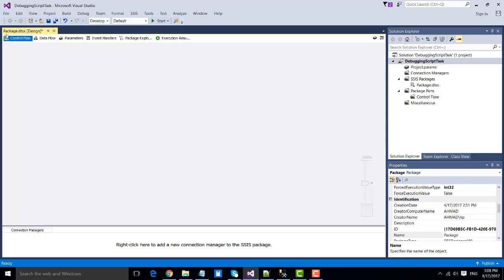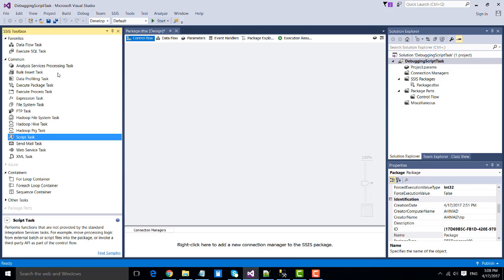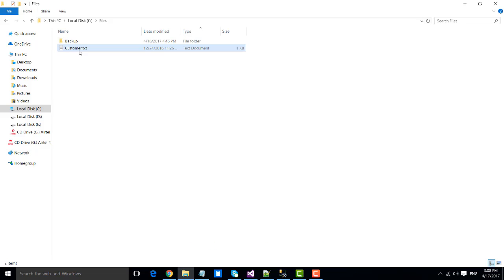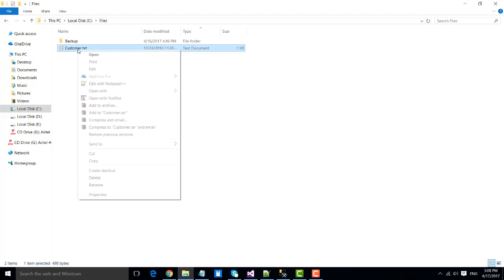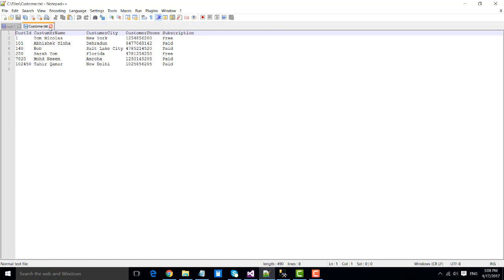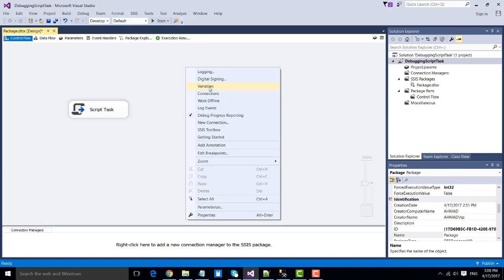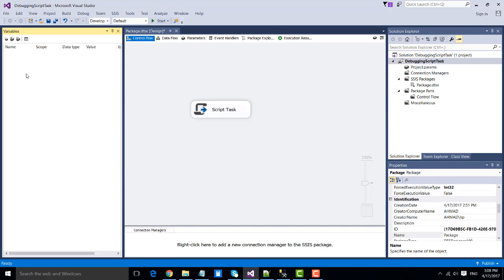Okay, so first of all go to the SSIS toolbox and drag and drop the script task into the control flow window. We need to store the path of this file, the name of this file, and the number of records of this file in SSIS variables. So open the SSIS variable window and first create an SSIS variable file path